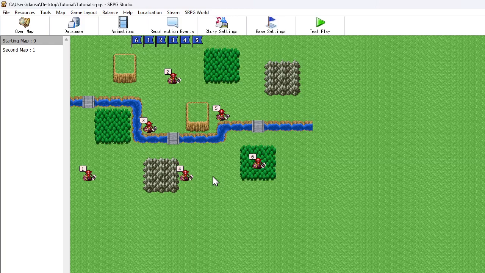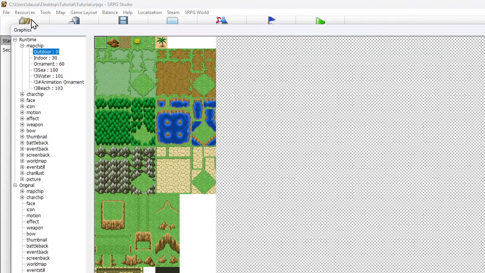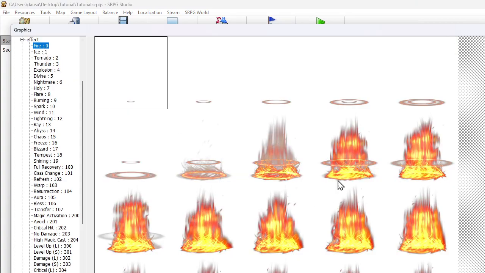Okay, welcome back, guys. In this video, we are going to create a spell animation. The way we're going to do that is we're going to go up here to graphics. We're going to look for effects, and you can select any one of these. You can see there's quite a few